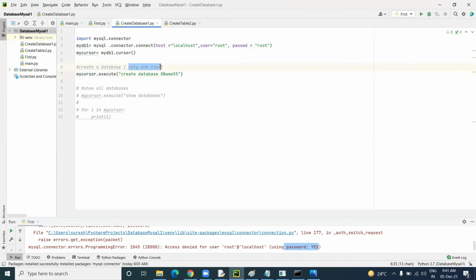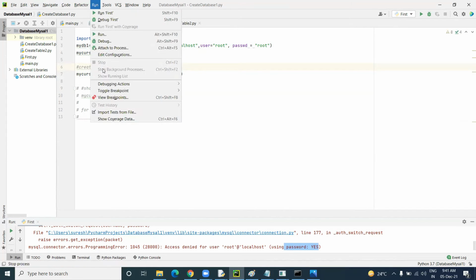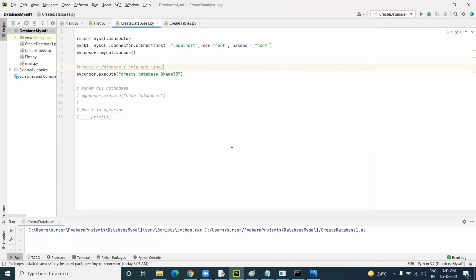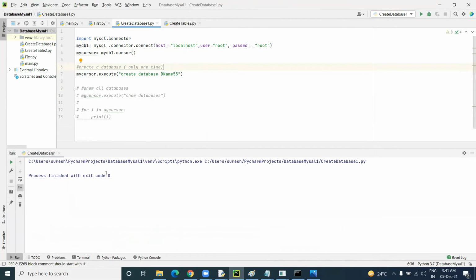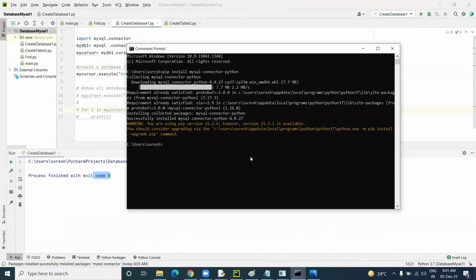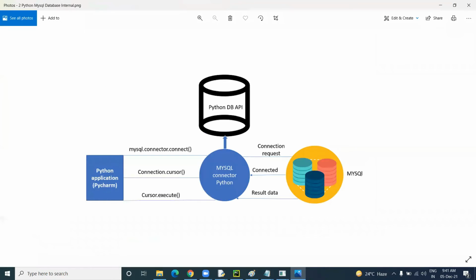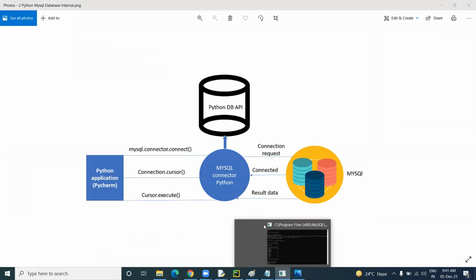This means we only need to run it one time. To run multiple times, multiple databases are created. So just go and execute, and see the result. Change the program name, run it and see create database. Here 0 means we are not getting any error. Successfully we created the database. If you want to check the database, just go to the database and here you can see it; through the command prompt we can open and see the same.